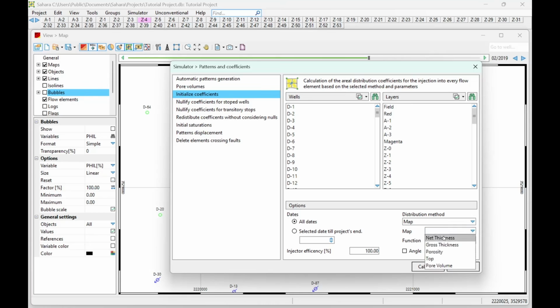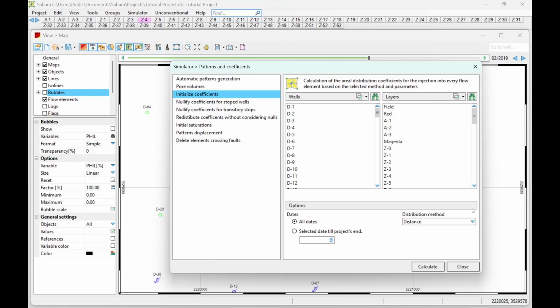And finally we have distance here. With distance, the idea is to just assign the coefficients considering the distance from each producing well to the injector well on the grid center on it. So those wells that are further apart will have a lower coefficient, less water is going to be assigned to them, and those that are close to the injector will have a higher coefficient. So that's another way to calculate the coefficients that are going to make the connection between the injected water and how much is actually affecting the nearby producers that are connected by the flow